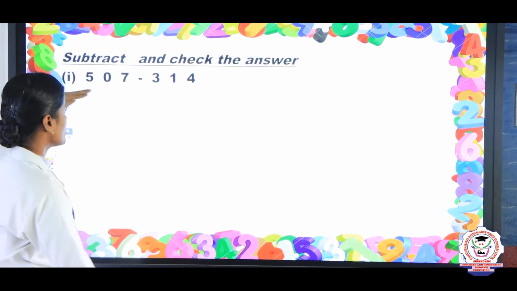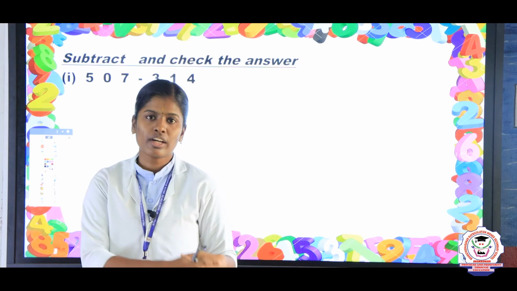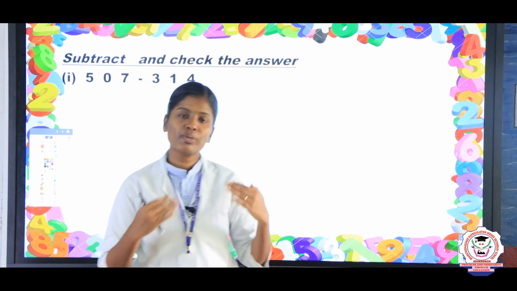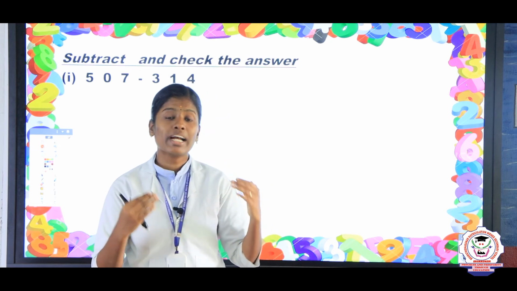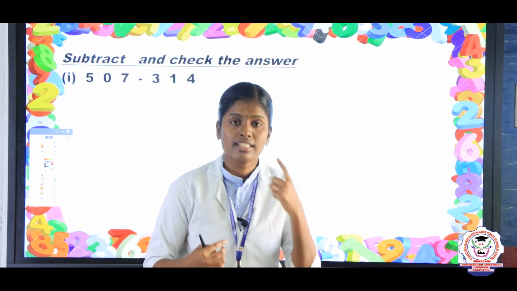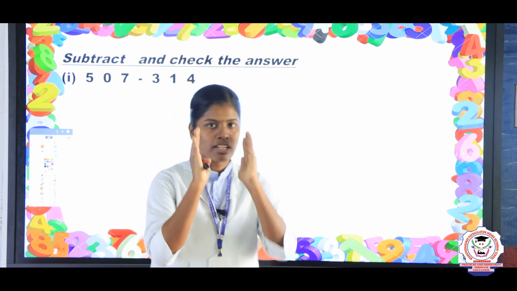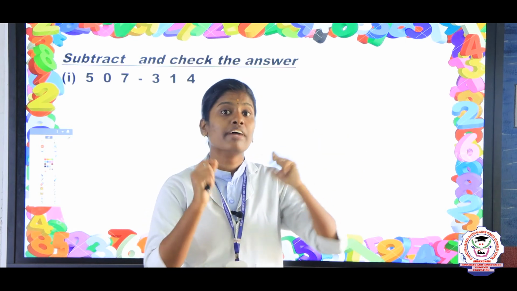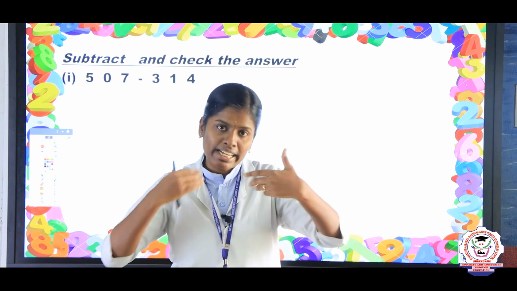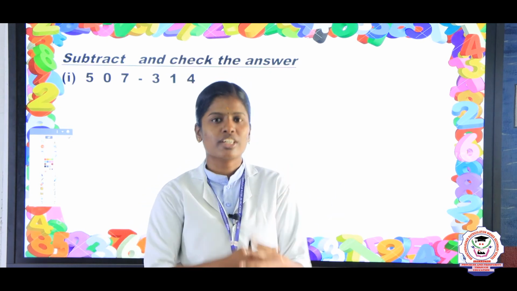Listen here. Listen children, our next topic is subtract and check the answer. Okay. So, once we have done subtraction we can check the answer. How? First we have 2 steps in total. Step 1 is you subtract, normal subtraction, then you will get some answer, right. So, keep the answer and add it to the smaller number in the question. If you get the greater number of the question again, then our subtraction is correct.